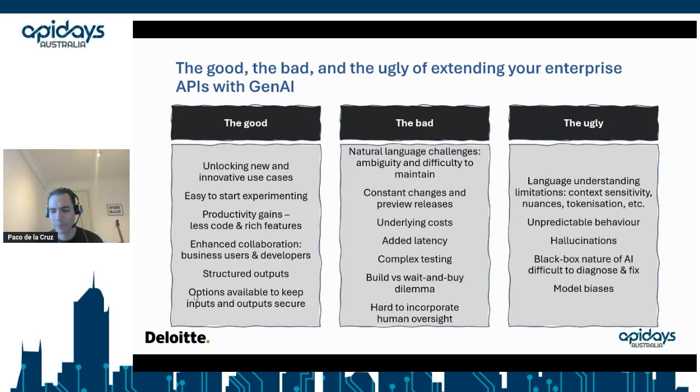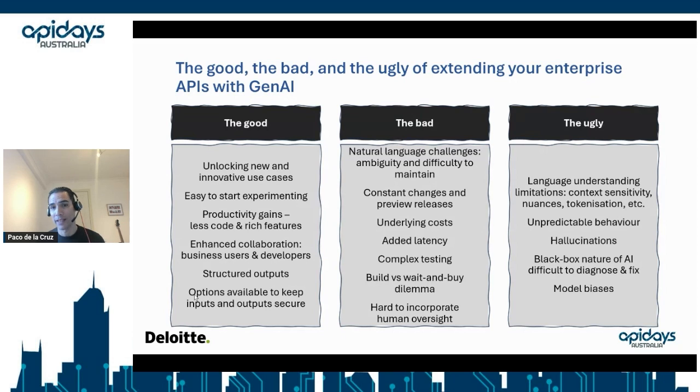Now, the models and the SDKs are changing constantly, right? So it's really hard to keep up. Sometimes you build a solution and then in 3-6 months, you need to refresh your SDK or your endpoint, and then you're going to actually need to change or refactor your solution because something has changed, right? So for this demo, I'm using, for example, a preview feature of JSON, and I had to connect to an endpoint in the US because it's still not available in Australia at the time of recording.